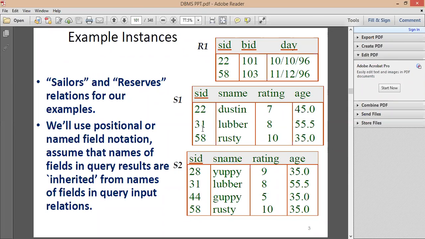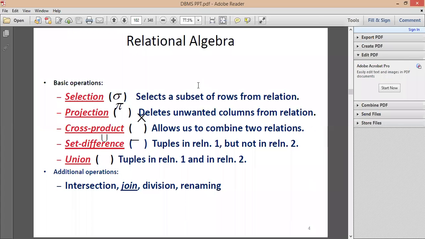After that we'll have operators in relational algebra. You have a few basic operators in relational algebra, that is selection. Tomorrow we'll do it with an example.